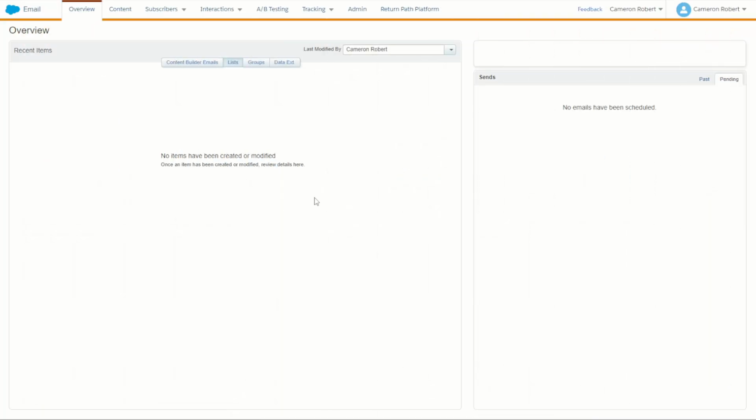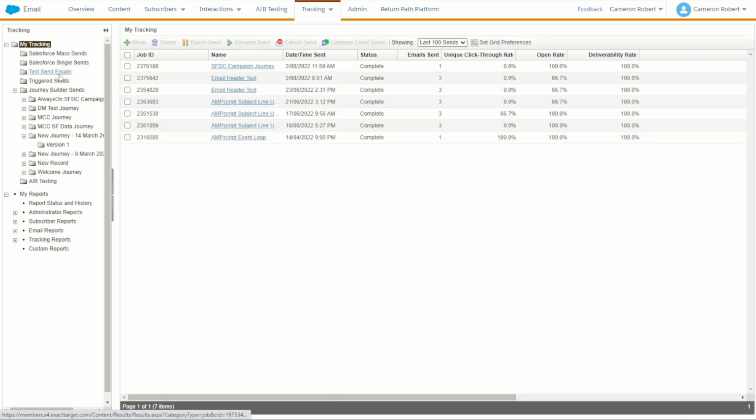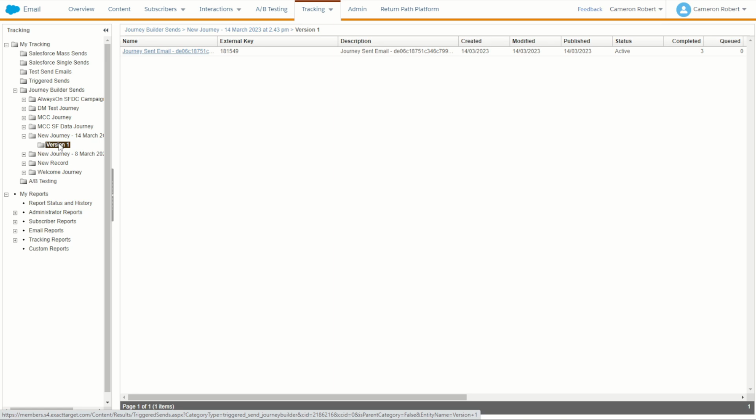So now I've jumped into Email Studio and I can show you the second way we can pull a list of all the subscribers that were sent an email in Journey Builder. I can jump up into my tracking menu here and go to my Send. In my Send window, I'll navigate down into my Journey Builder sends on the left-hand side, then down into my journey, my new 14 March journey. Version 1, of course, was the production send that I had,